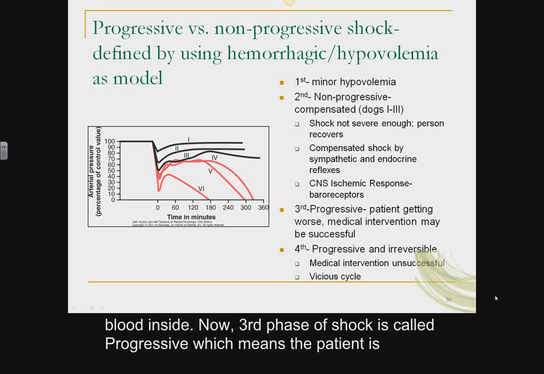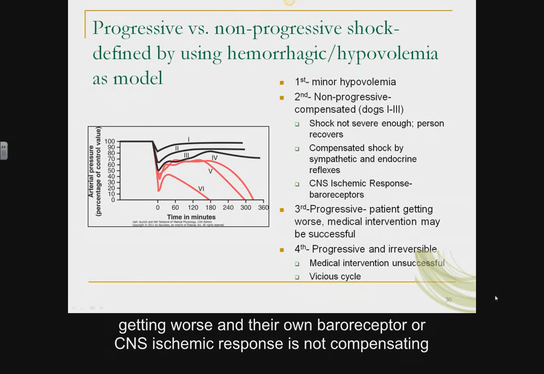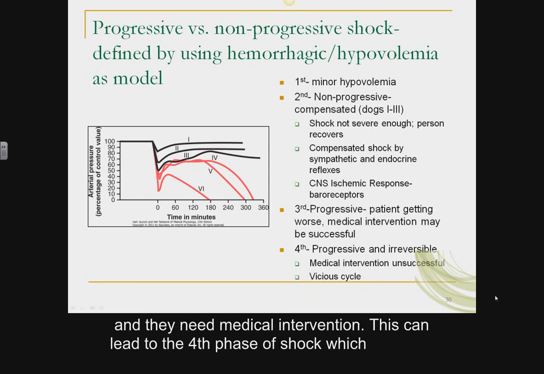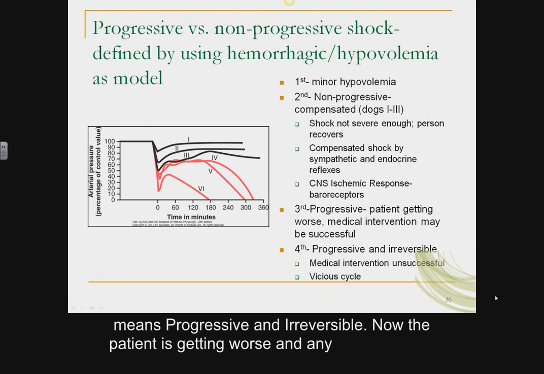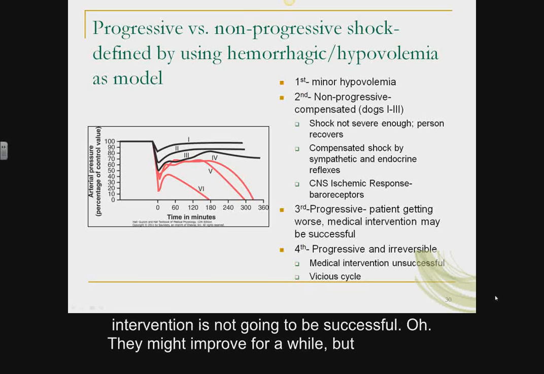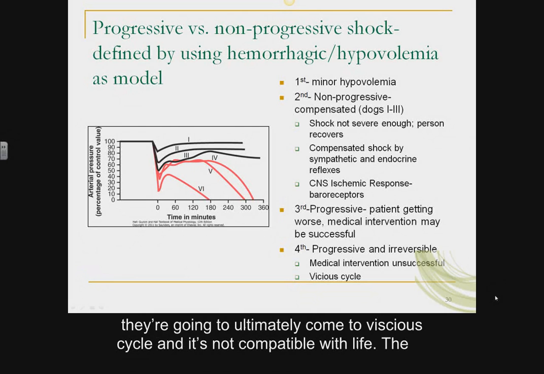Now, the third phase of shock is called progressive, which means the patient is getting worse, and their own baroreceptor, or central nervous system ischemic response, is not compensating, and they need medical intervention. This type of shock can lead to the fourth phase of shock, which means progressive and irreversible. Now the patient is getting worse, and any intervention is not going to be successful. Oh, they might improve for a while, but they're going to ultimately come to a vicious cycle,